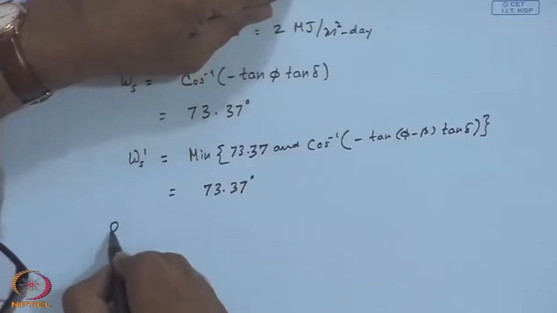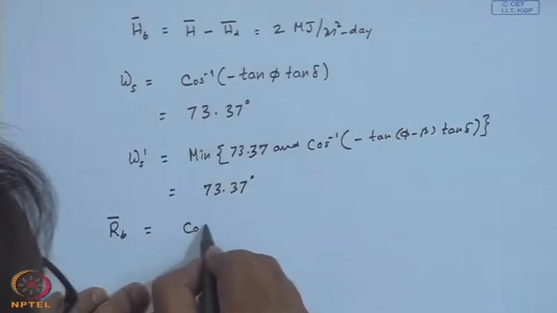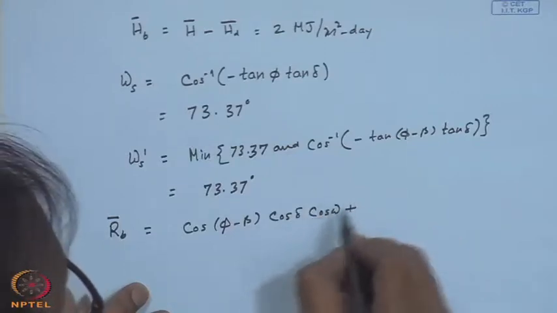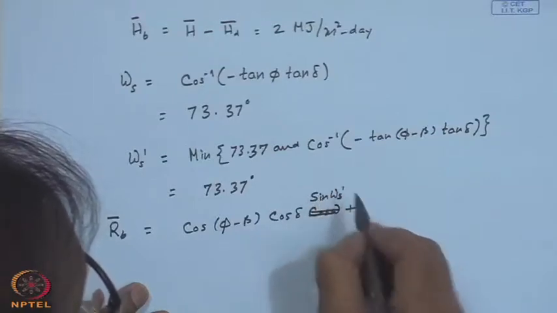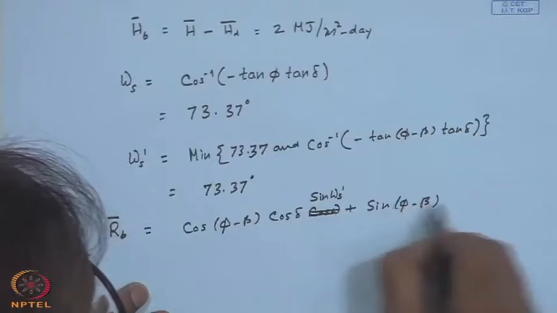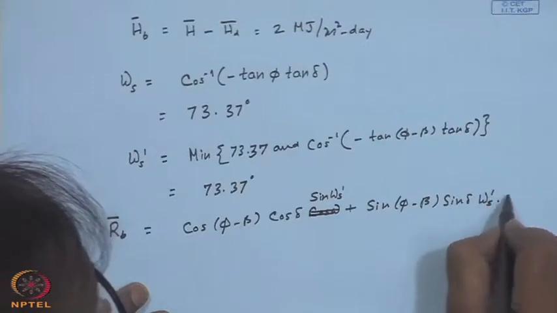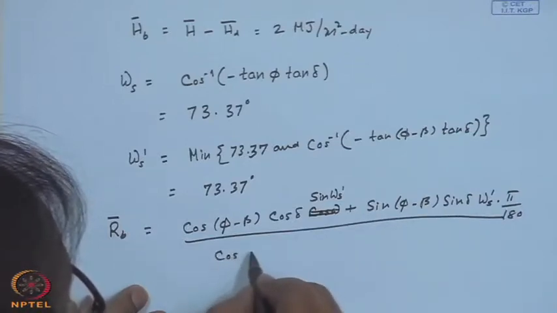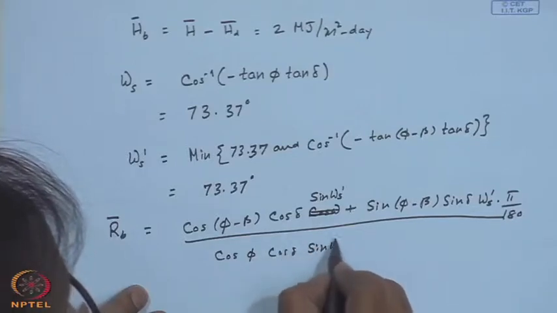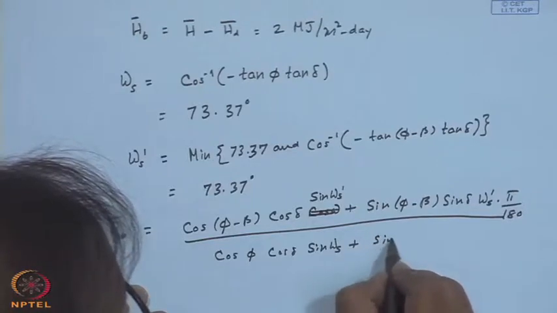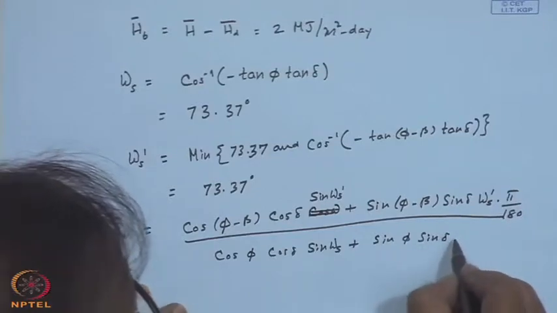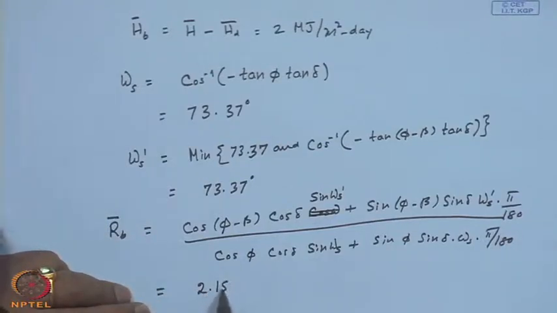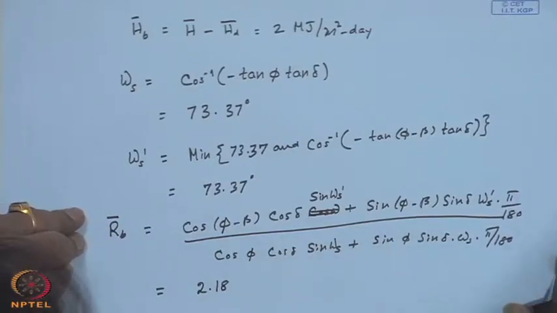So, now the tilt factor for beam radiation R b bar is the familiar formula: cos phi minus beta cos delta sin omega s dashed plus sin phi minus beta sin delta omega s dashed into pi by 180, upon cos theta z, that is the zenith angle, cos phi cos delta sin omega s plus sin phi sin delta into omega s into pi by 180, which turns out to be 2.18. So, R b bar for this situation is 2.18,